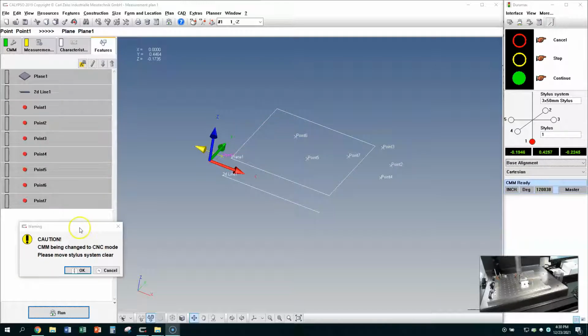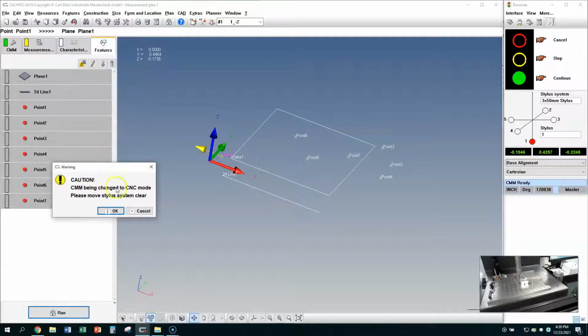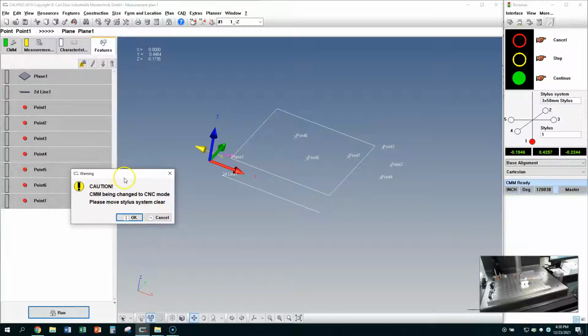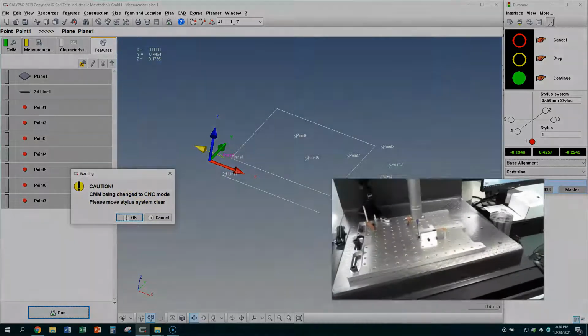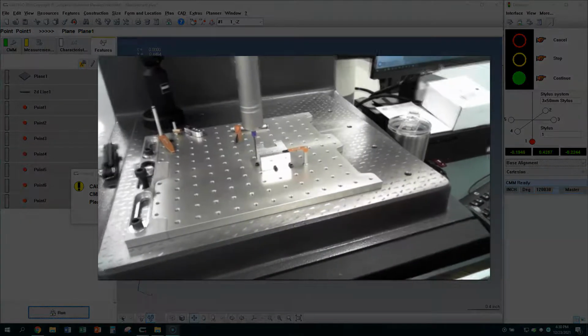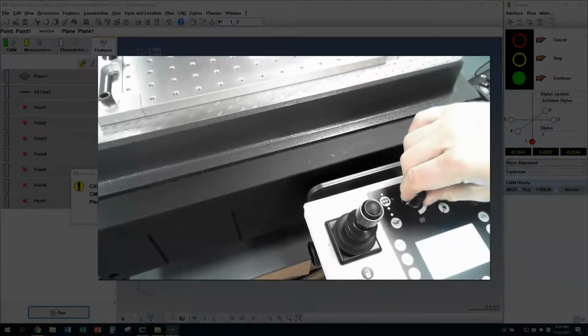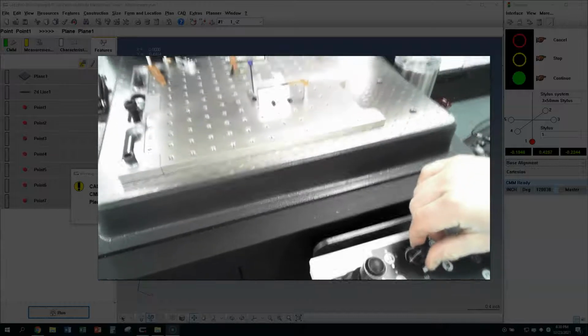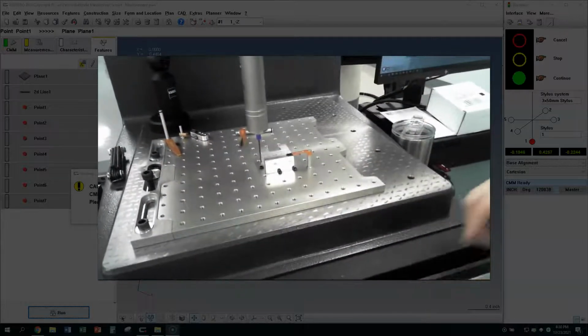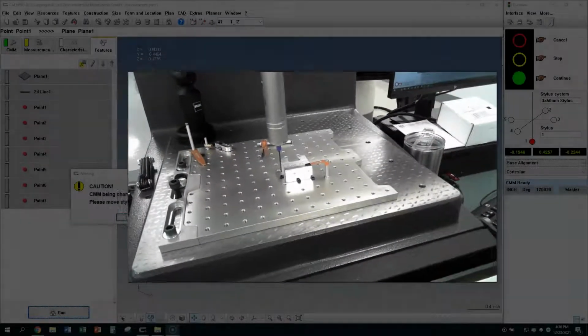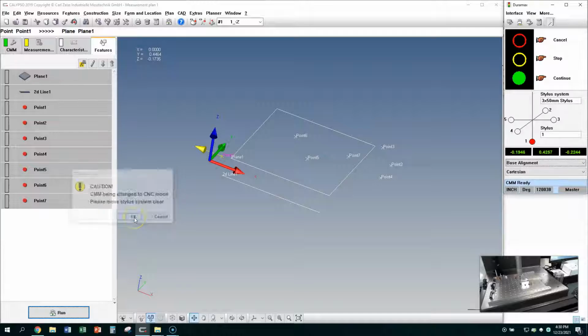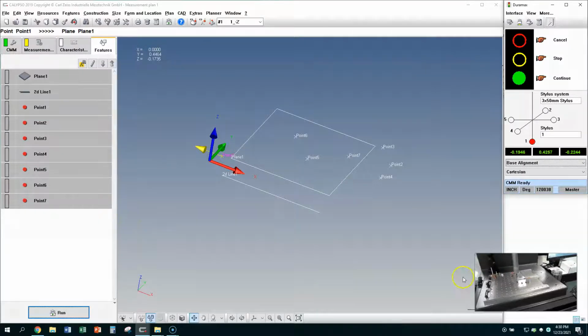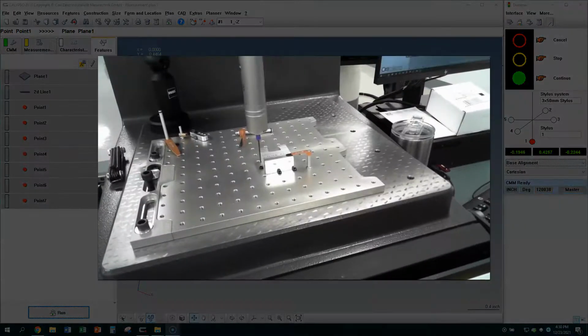All right, so now that I've updated that base alignment, I went and redid the manual alignment, and now it says, caution, CMM being changed to CNC mode. Please move stylus system clear. So at this point, we want to take our speed dial and slow that all the way down. This is really important here. We're going to slowly open that back up like it's a faucet as we say OK. So I hit OK, and I don't see the probe moving here, so I'm going to